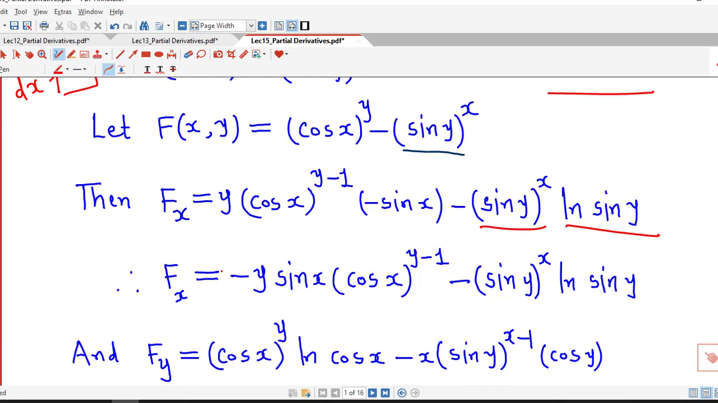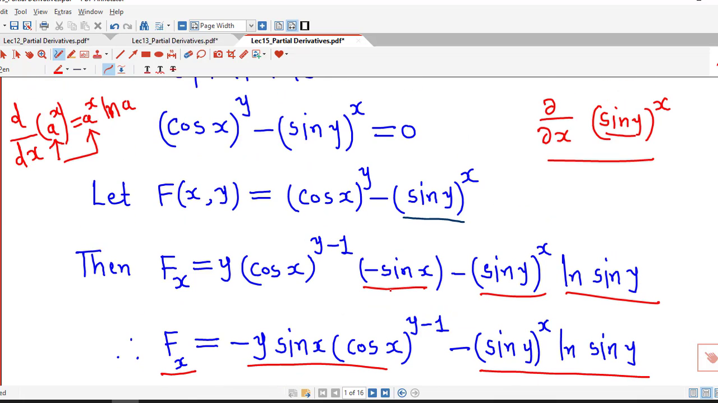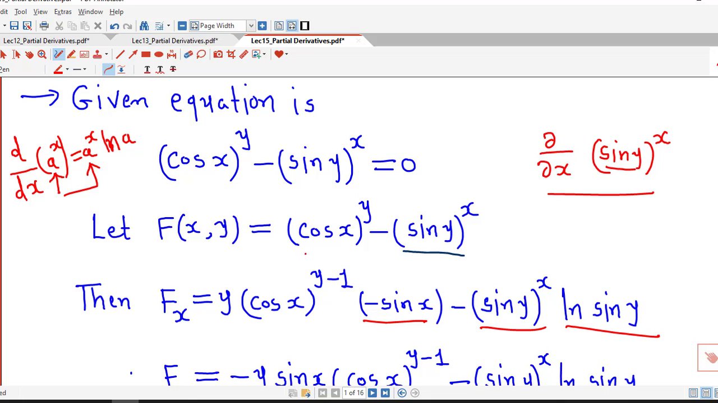Now we rewrite this as fx equal to, we consider this negative sign outside these brackets. So we have minus y sin x cos x raised to y minus 1, and we keep this as it is, sin y raised to x log sin y. Similarly we differentiate this function with respect to y. So for the derivative of cos x raised to y with respect to y, we will use this formula with a equal to cos x. So if we take a equal to cos x and instead of x we have y,